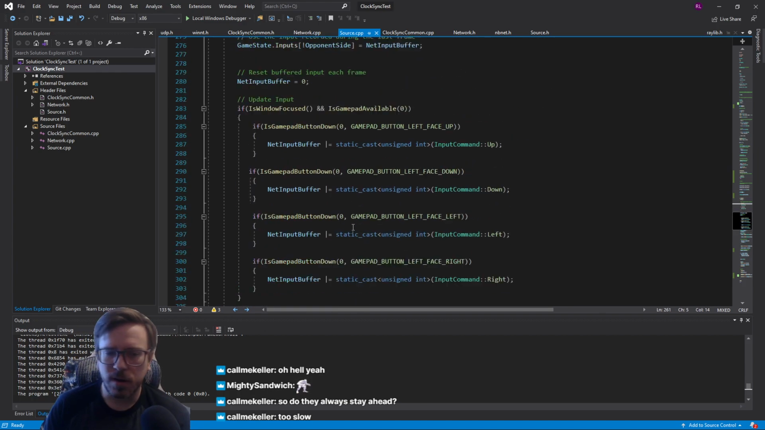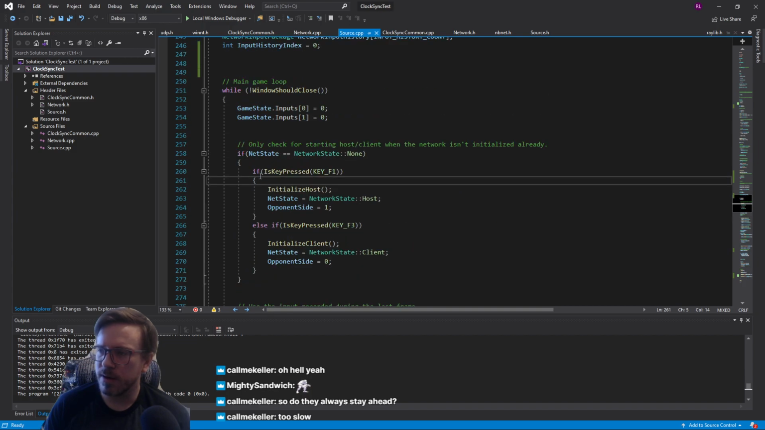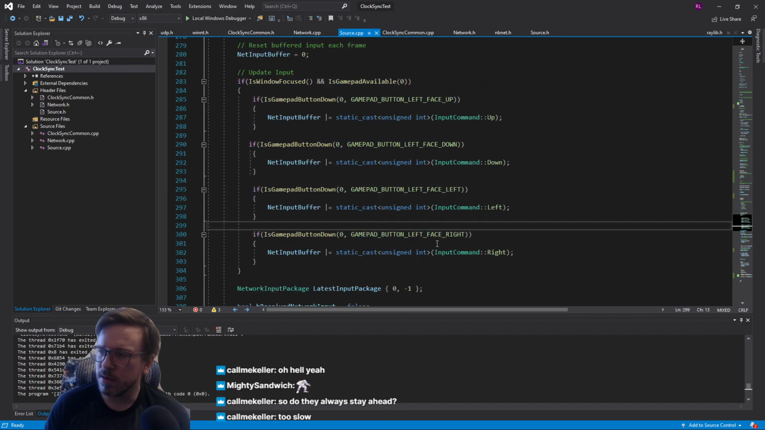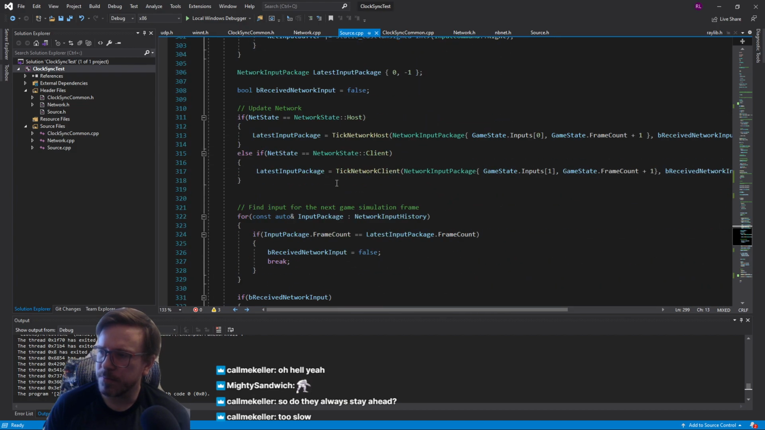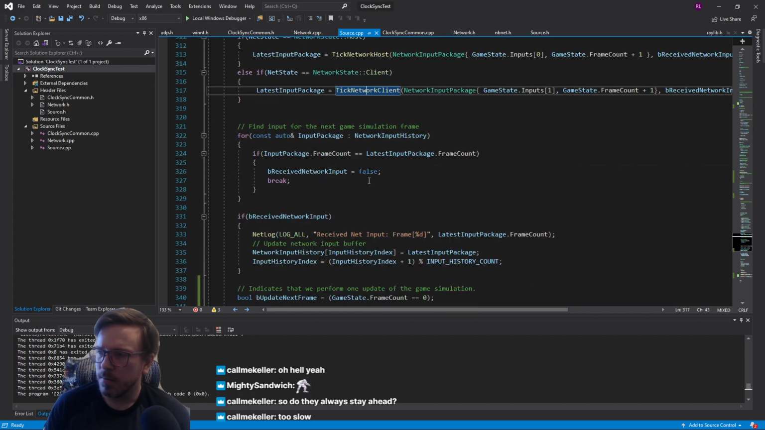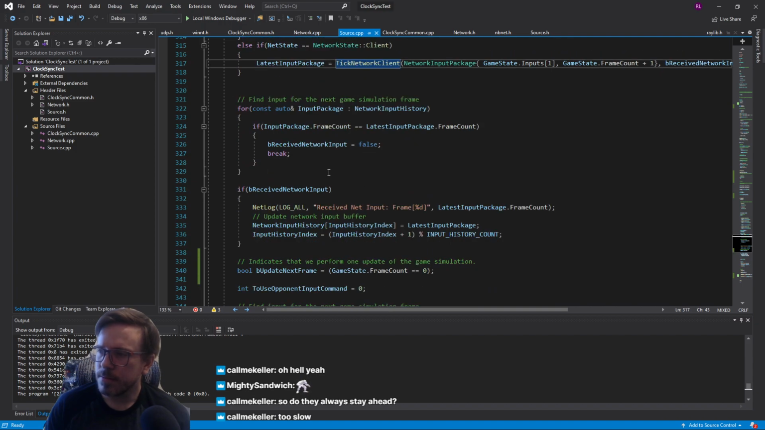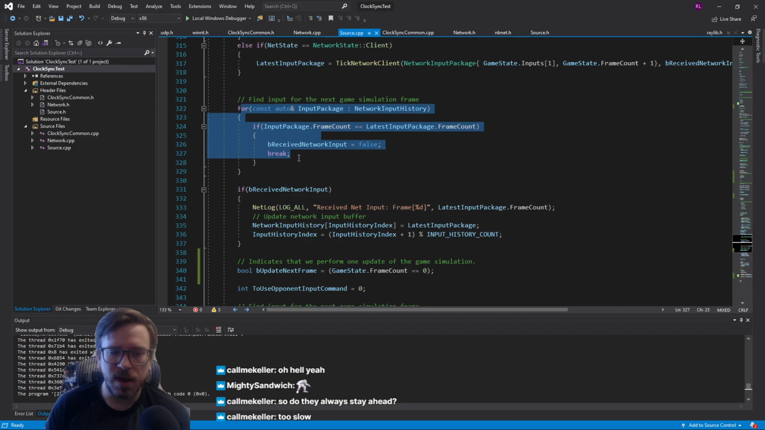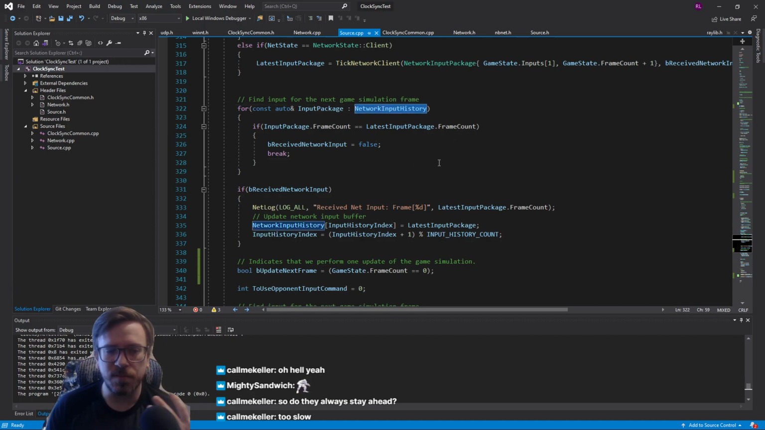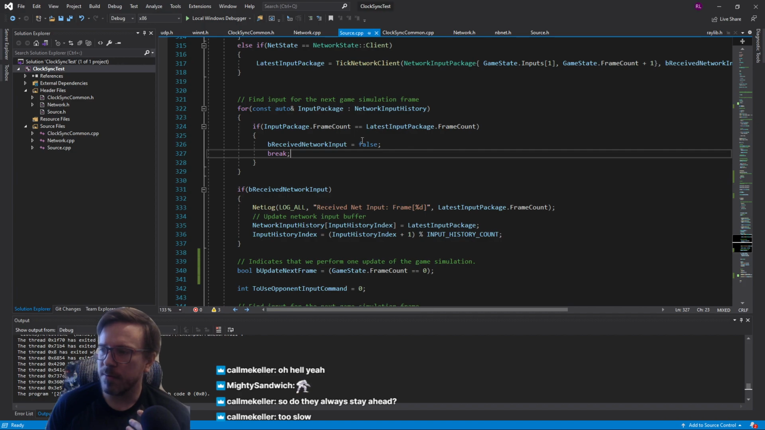Okay, so during our network update, let's see what our flow is right now. Just a review: we record our inputs into this net buffer here when we have a gamepad set up. And then we send off the input through these calls to tick network host and tick network client, depending on which side you're on. And we're going to see if we have the input for the next update just by looping through all the network history inputs we got. These are just the inputs we got from the network. If we have the frame count, we'll